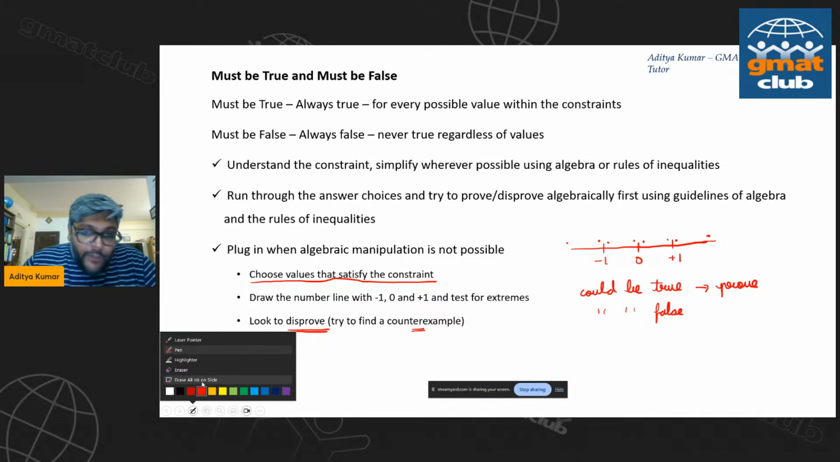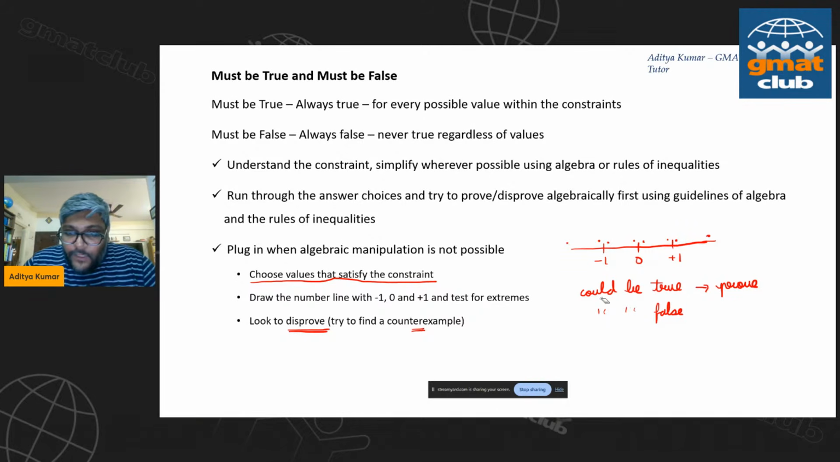But how do you put in values? What is the best way? I told you one best way of working with values, especially in inequalities, is to put in the number line, put in -1, 0, +1, and test for extreme possibilities. But sometimes the question will give you certain patterns that you can use to your advantage. For example, if I have even powered terms, right? When I have even powered terms given to me, that should be a trigger